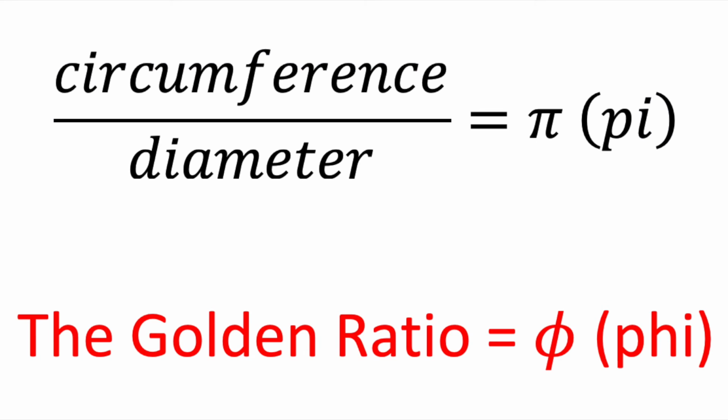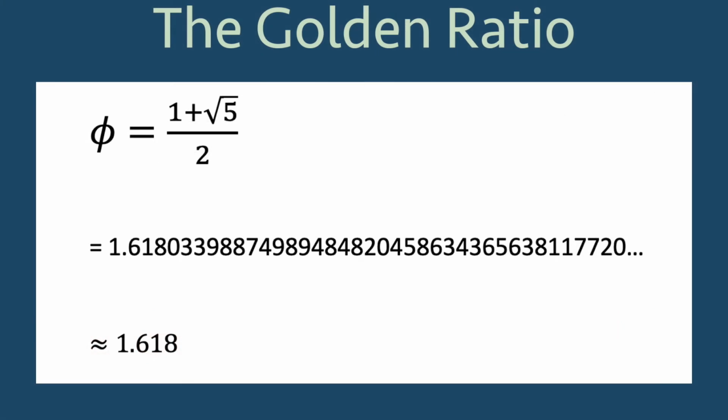This is a number that has a long history, and similar to the ratio of the circumference and diameter of a circle being denoted by the Greek letter pi, the golden ratio is denoted with phi. We can use a calculator to find the decimal representation. As you can see, the golden ratio is also like pi in that it is an irrational number.